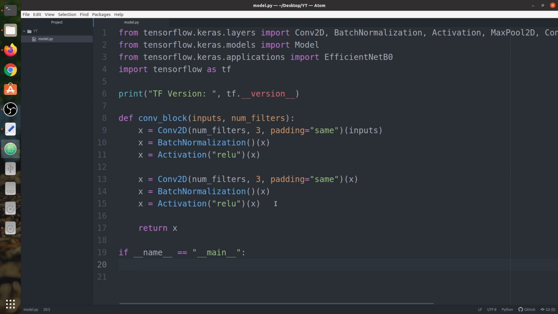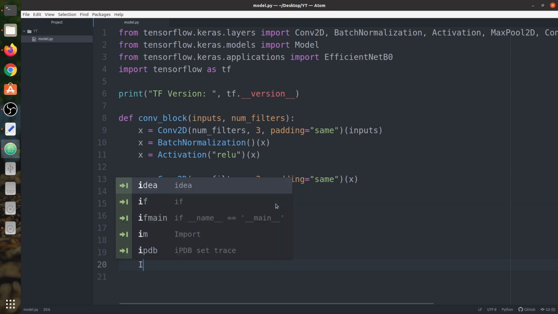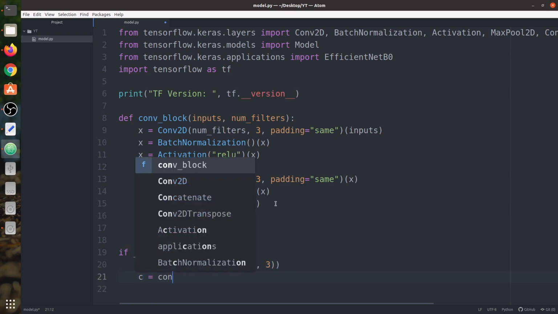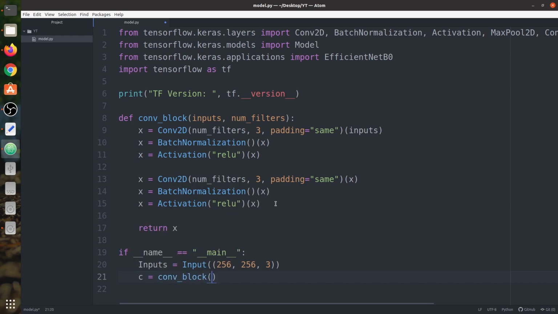So we need an input layer, and we're going to have inputs equal to Input, with a shape of, let's say, 256 by 256 by 3. Now we say x is equal to conv block, and the input should be inputs, the output of the convolution block, and the number of filters would be 32.